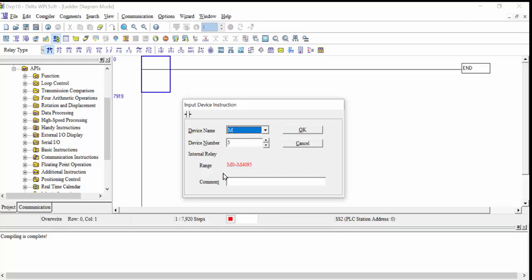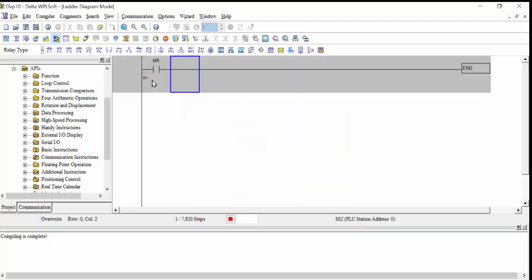That range is also shown at the bottom of this page. Here you can also give a comment. For example, this is M5 I'm using, and I will write a comment, for example on, and click OK, and your comment will also be shown on